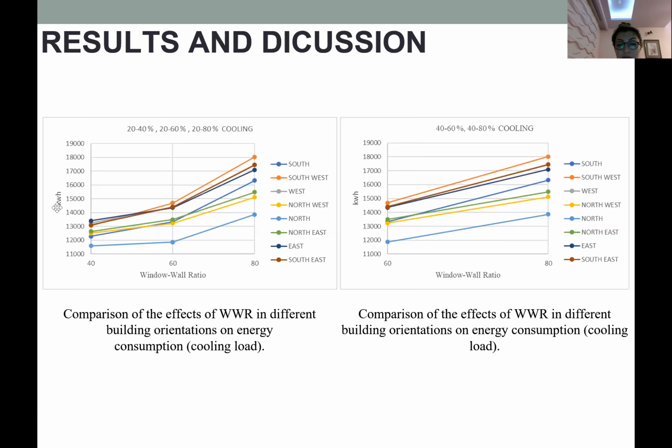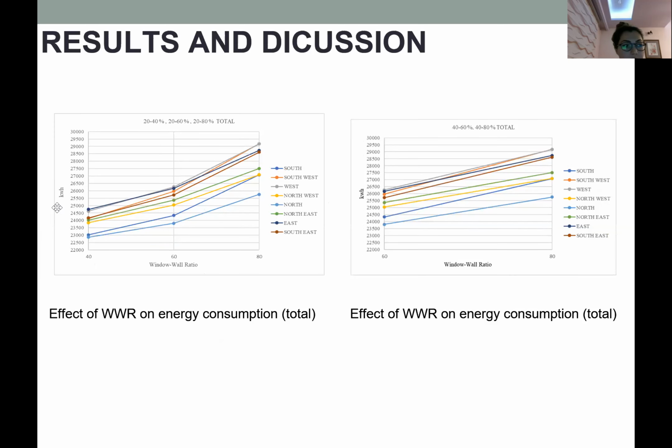Here we have 2 graphs, both of them for cooling load: a comparison of the effect of window-to-wall ratio in different building orientations on energy consumption. Regarding cooling, it's about the cooling load. In this picture, we can see the total. The left one